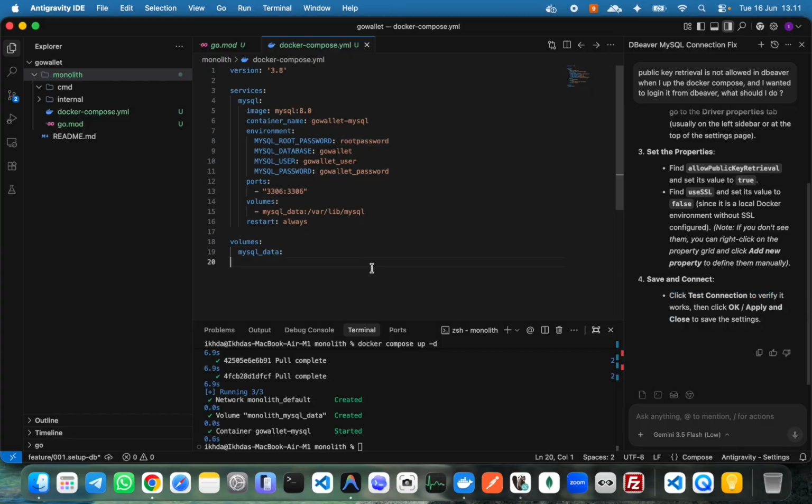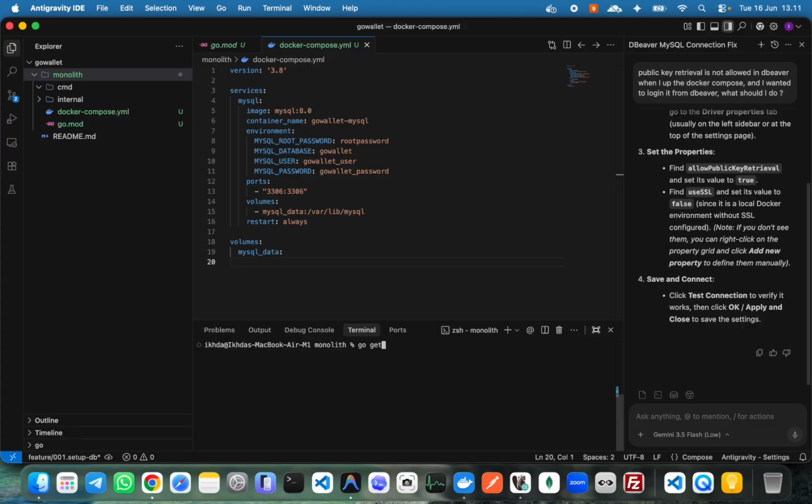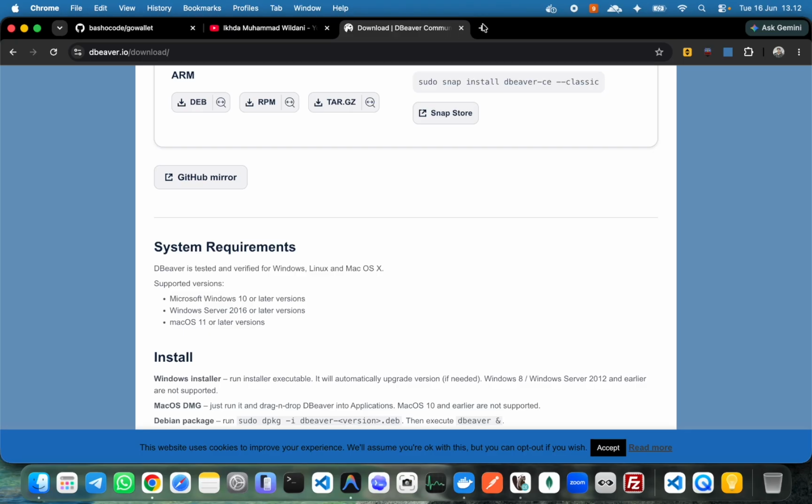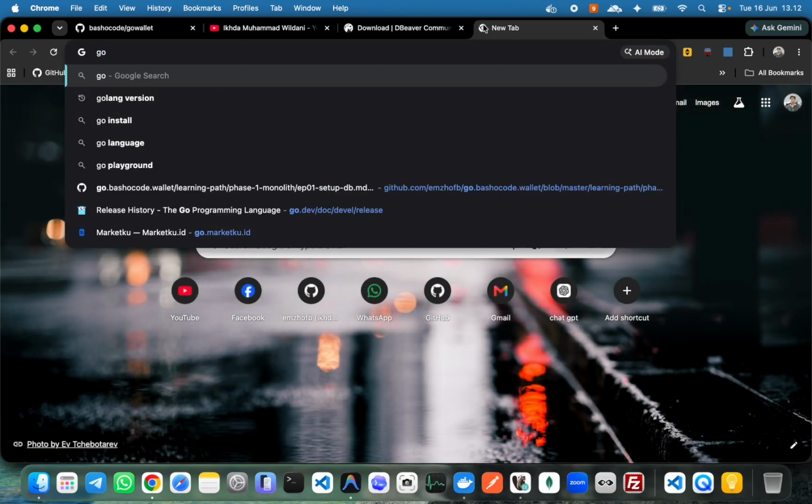Okay, so after that we can continue to set up the configuration loader. We need a safe way to read the credentials inside the .env, right? So we can use the library from Joho, godotenv. So how to do it? We can go get github.com/joho/godotenv, where we can find this one. Go get,